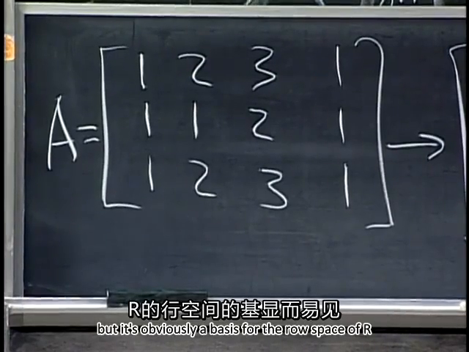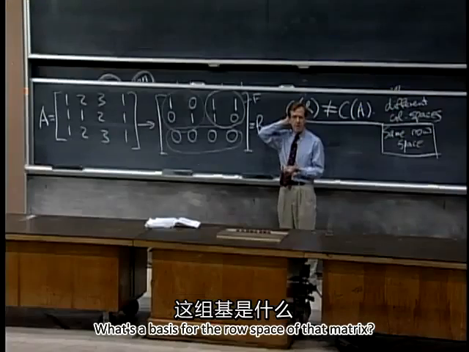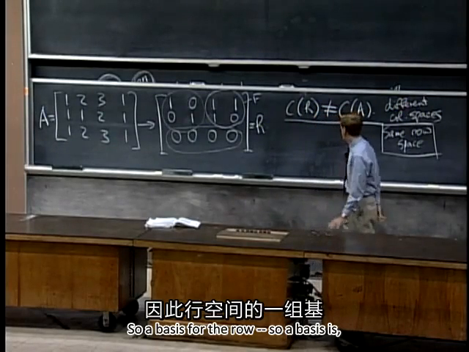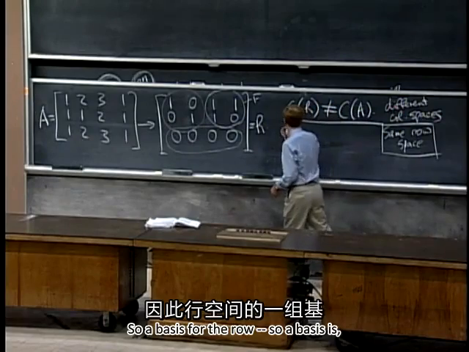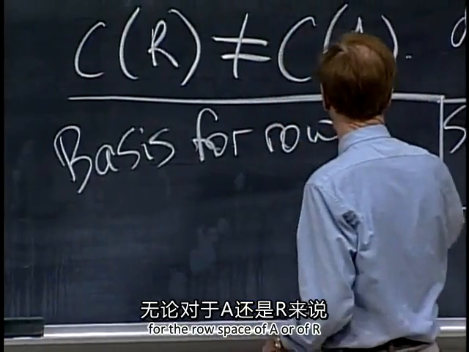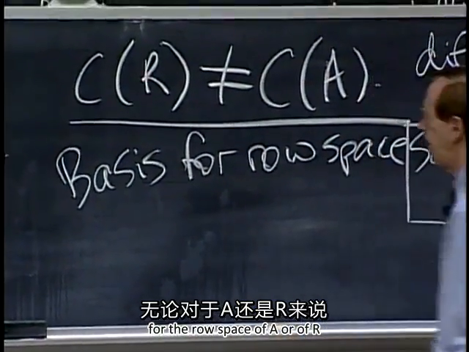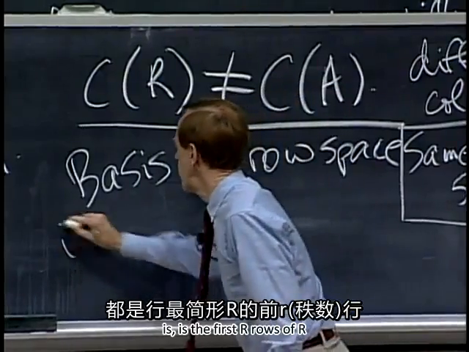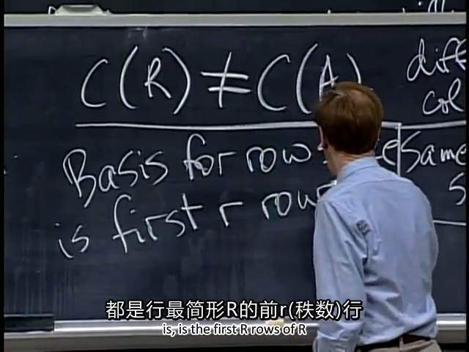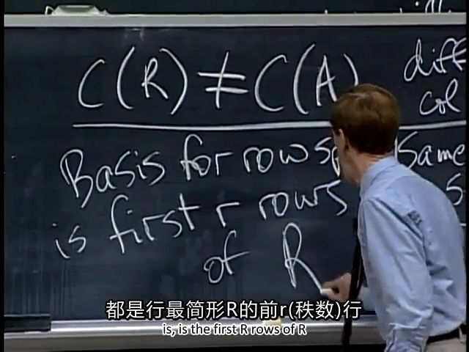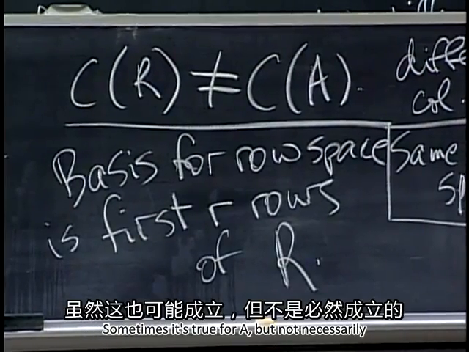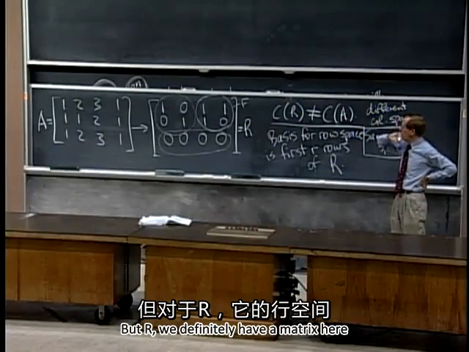But it's obviously a basis for the row space of R. What's a basis for the row space of that matrix? The first 2 rows. So a basis for the row space of A or of R is the first R rows of R, not of A. Sometimes it's true for A, but not necessarily. But R, we definitely have